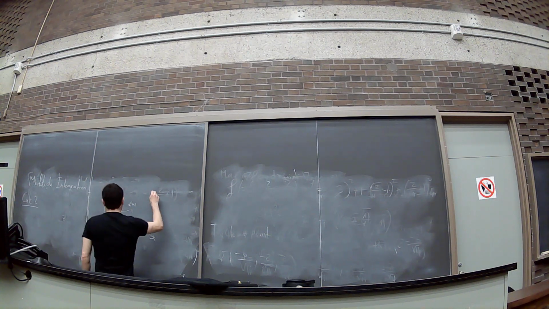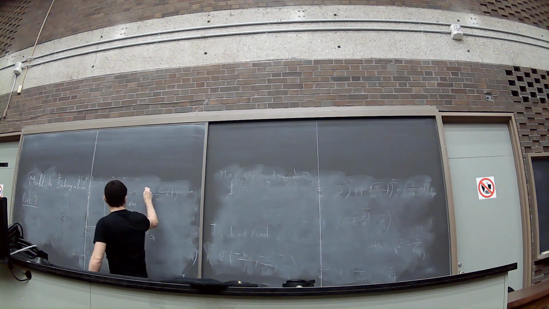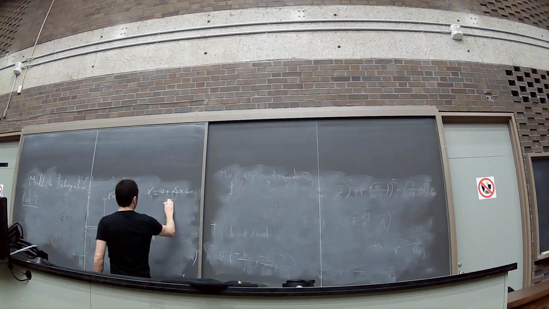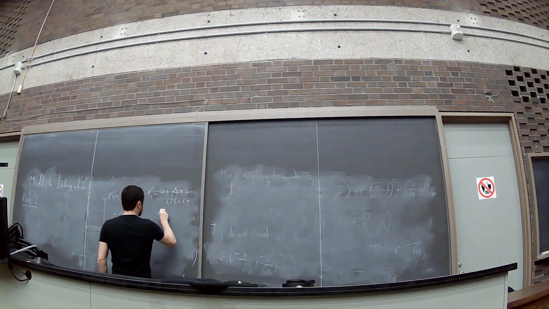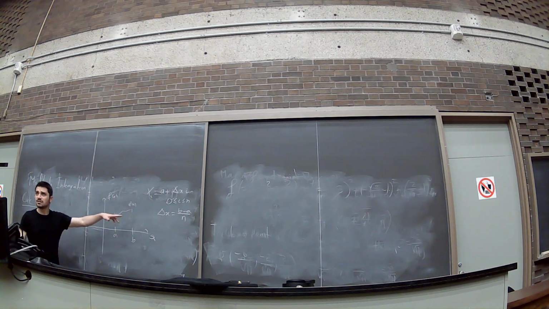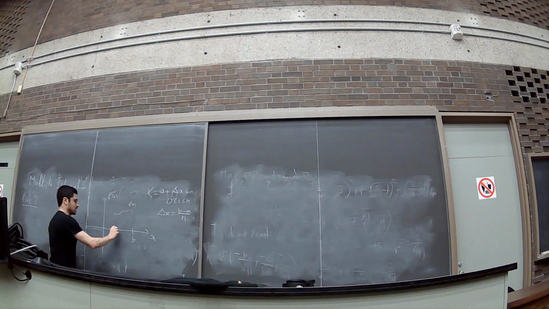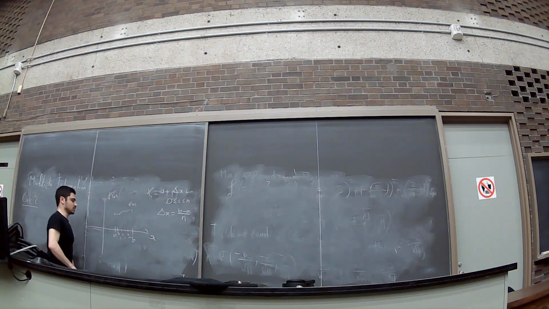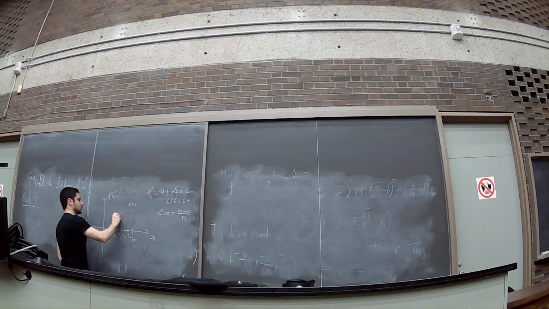So what did you say? You picked, I think they do this. So you pick x_i is a plus delta x times i, right? For i between 0 and n, right? And delta x is just b minus a over n, right? Is that what you did? So you're taking x1, x2, all of them the same distance from each other, you know, delta x is constant, and you took f of x_i,